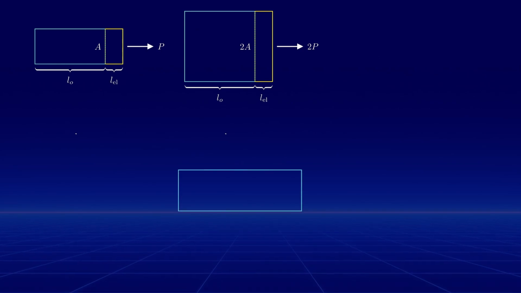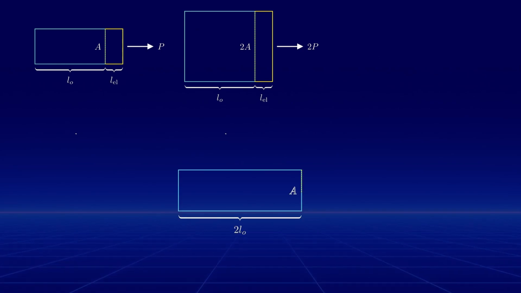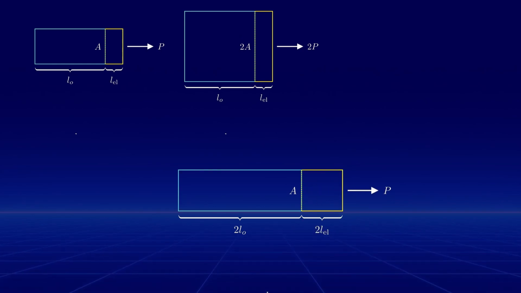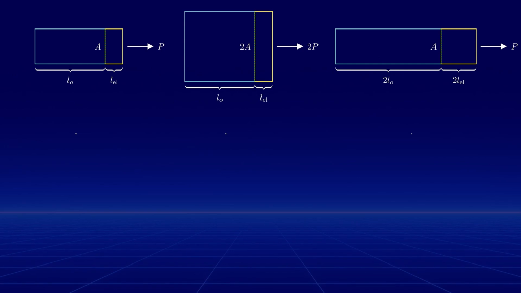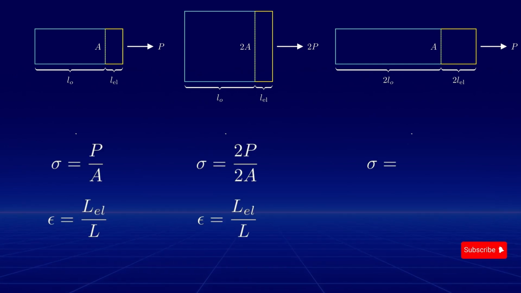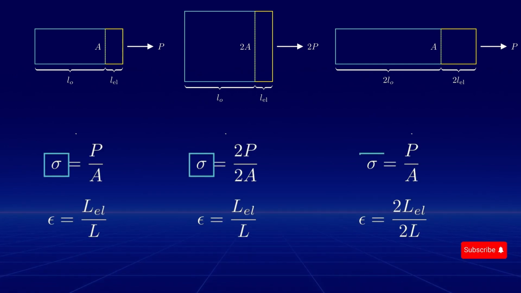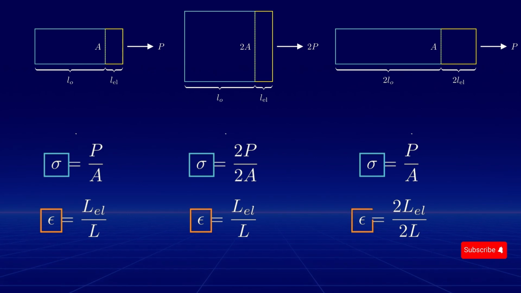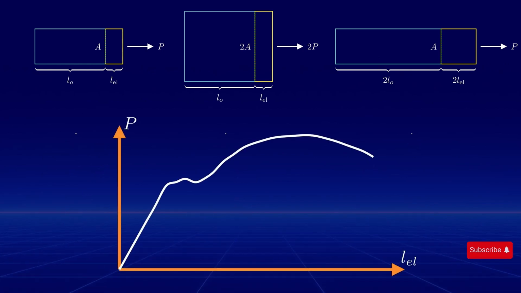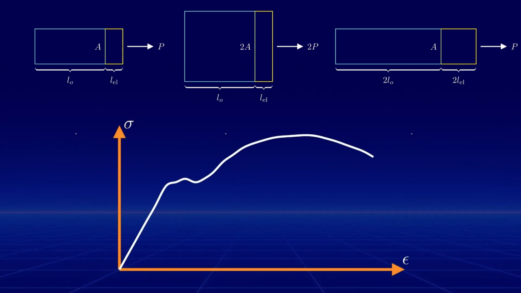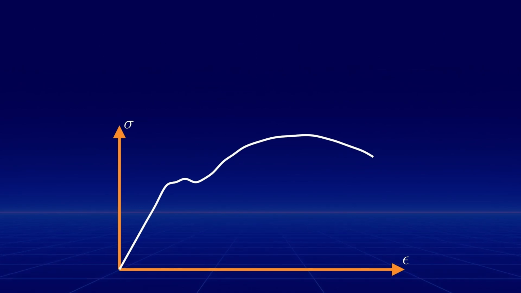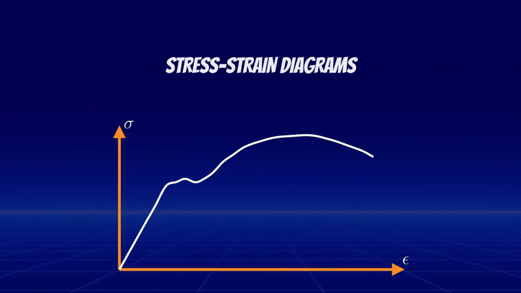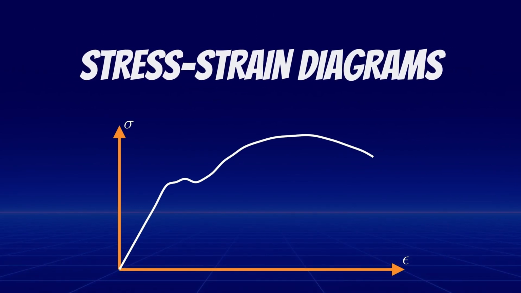Similarly, if you have a member twice as long as the original member under the same force, the elongation would be twice the original amount. Although the force, area, length, and elongation differ between these cases, the stress and strain calculated for all these cases would be the same. If we replot the data in terms of stress and strain, we obtain the diagram that applies to any of these members. This type of diagram is called a stress-strain diagram and can show us how materials behave while displaying important